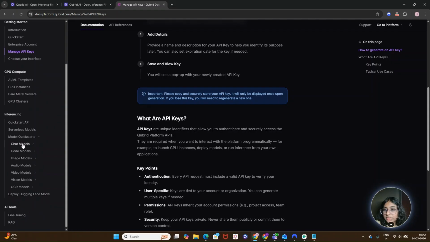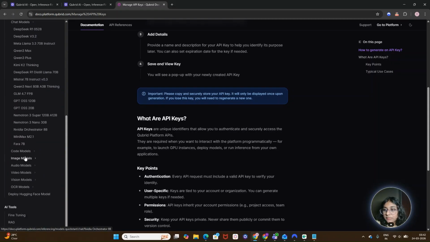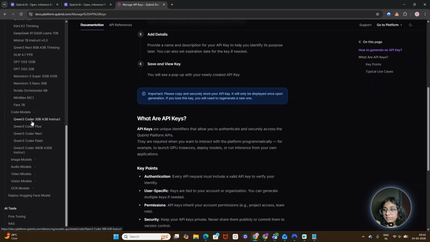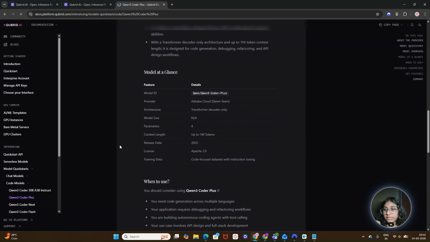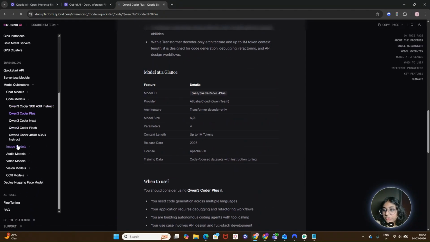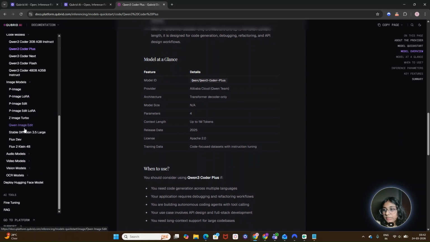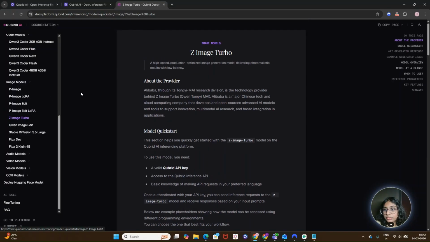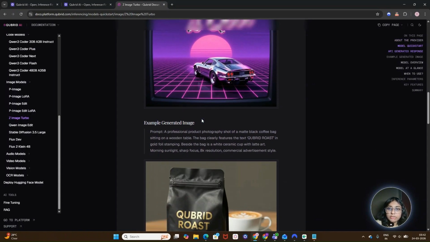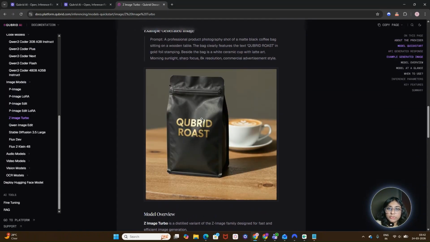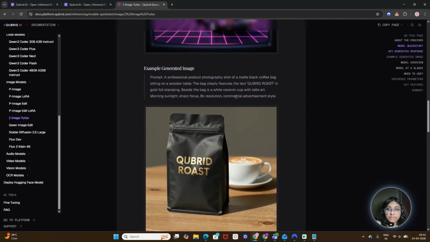We have model quick start, we have chat models, we have code models as well. We have embedding models. You can check documentation for these kinds of models as well. Then for image models, we also have other image models available. We have Qwen Image Edit, we have Z Image Turbo. You can check out the other models as well. See how beautiful the image it has created with the simple prompts.